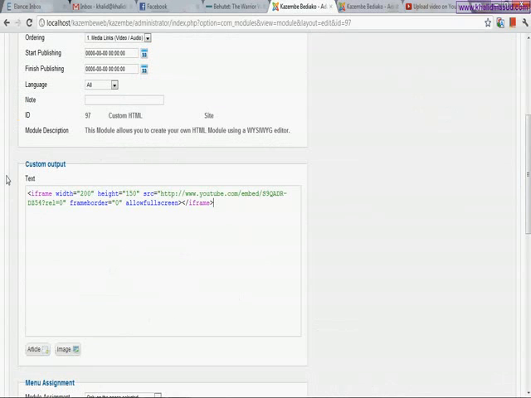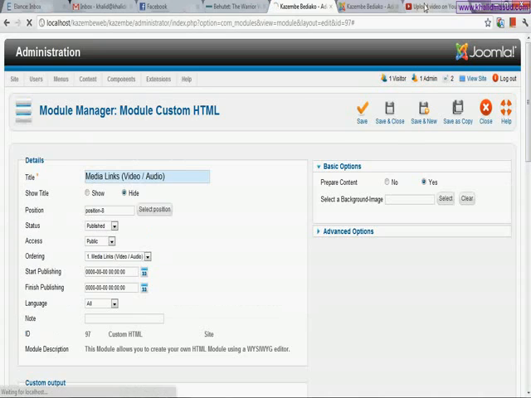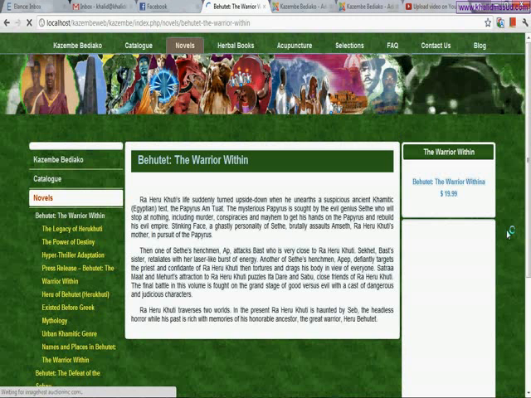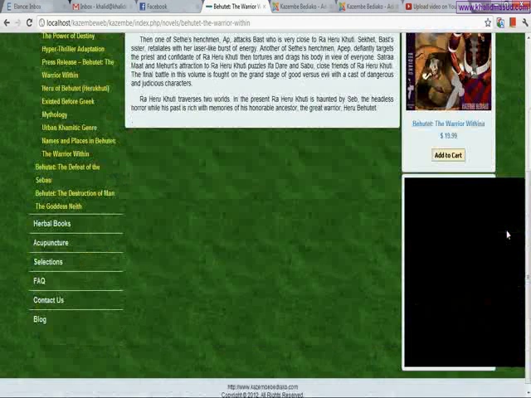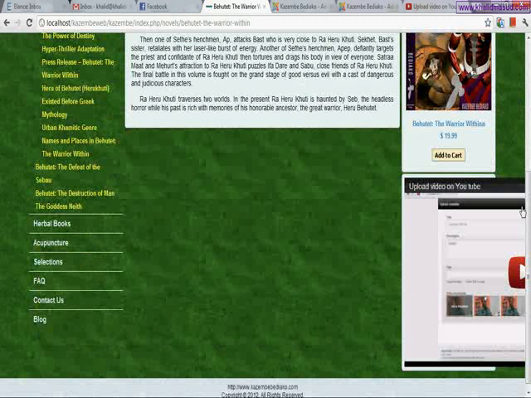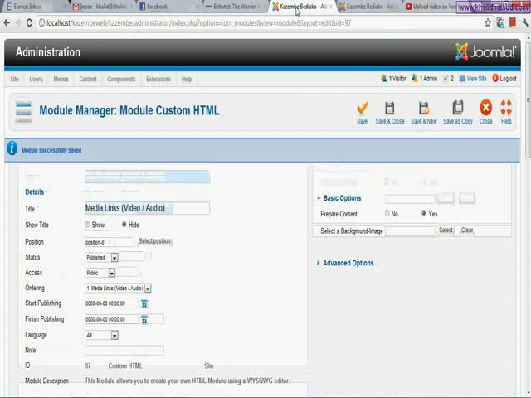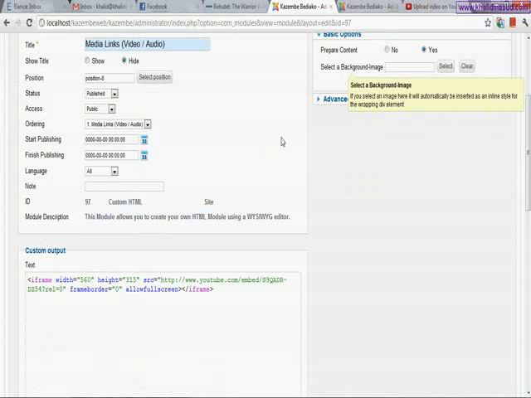Let me show you this. I have pasted this new code which I have selected from YouTube and saved it, and now if I refresh my page and see how that new video looks, you can see that it is beyond the boundaries of our module, and it's not looking too good. So I have to properly edit the code that has been given to me by YouTube.